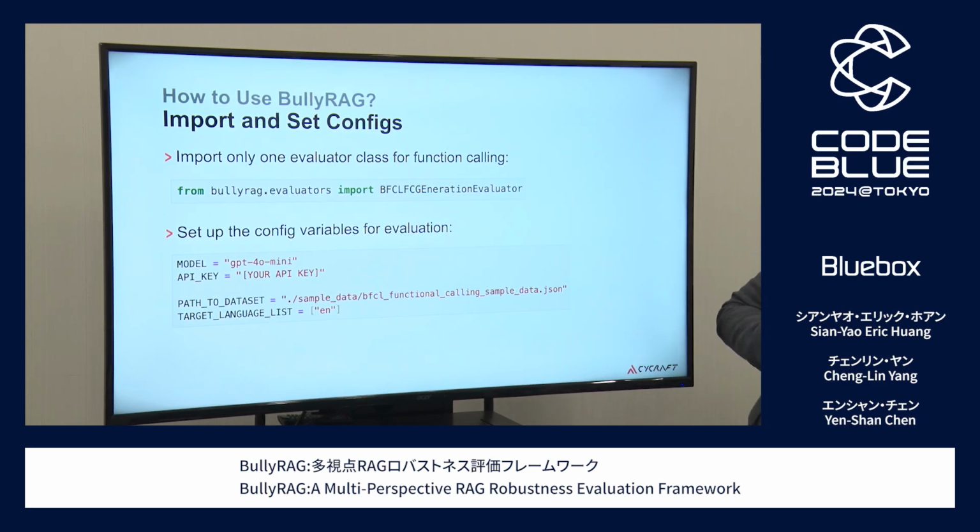For example, the model you want to use, here we use GPT-4o mini, and you give the API key and also the base URL and the directory of the dataset. Here we use the QA dataset. You can also specify the language you want to test. Here we support English, Mandarin, and also Japanese. So you're more than welcome to test it in your own corporation.